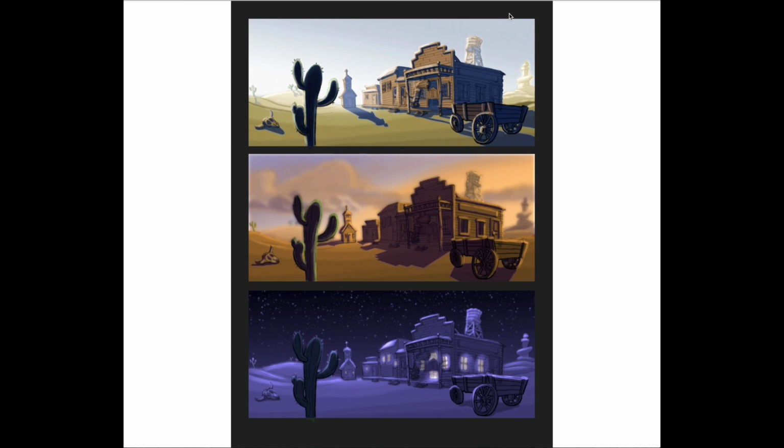Another way of developing color ideas is to think about what time of day the illustration is happening in. So here we have exactly the same illustration with three different times of day. Early morning, late afternoon, and this is late at night. Another way of developing color ideas. This I'm showing you because these three color studies fail to some extent. The colors are different, but the mood being created in them is almost entirely the same. So in this case, the artist is switching around the colors a little bit, but because the colors are mostly on the cooler side and about the same degree of saturation all the way through, in terms of emotional effect,